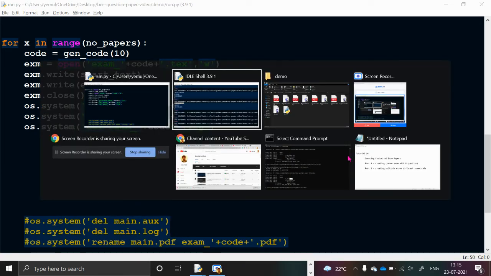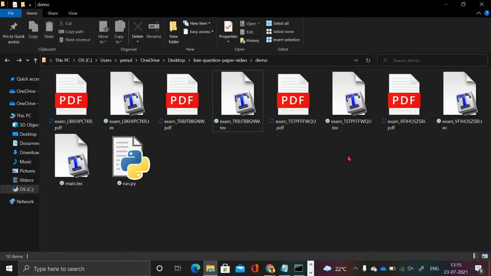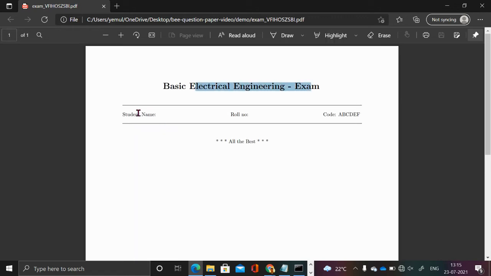Okay, so let's check if the PDFs are created. Okay, so looks like PDFs are created. So the text file is available and the PDF file is available. So now if I open one of the PDF files, you can see the heading is there, and the